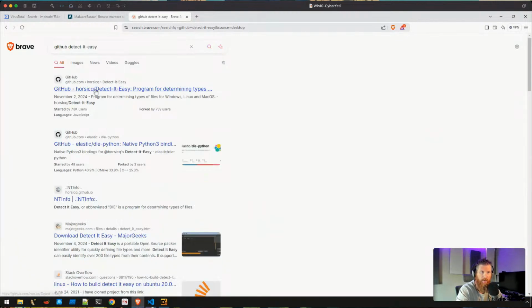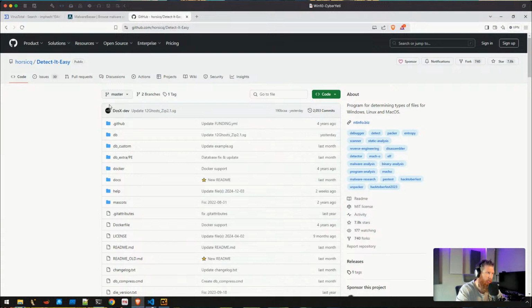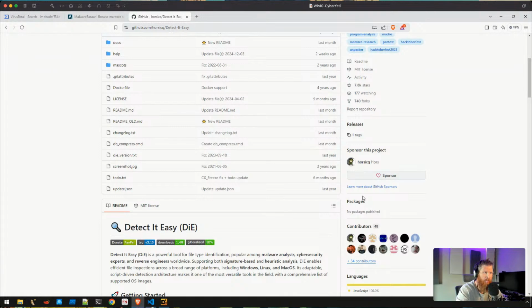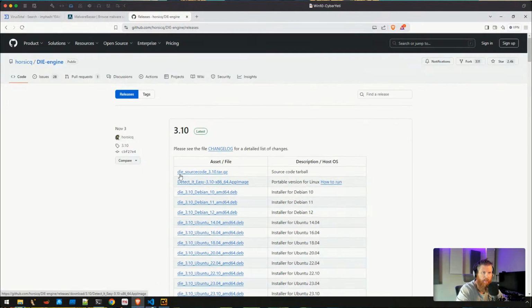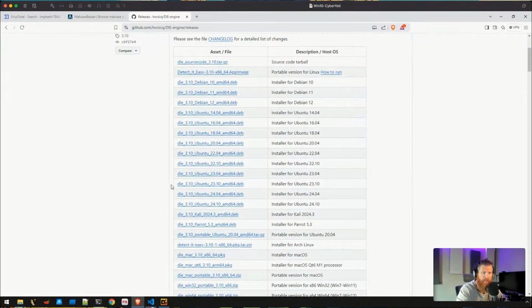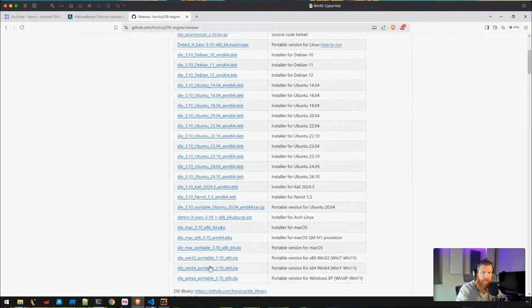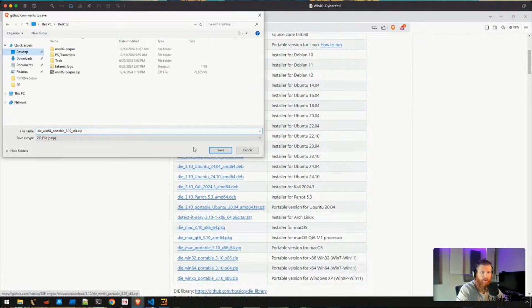I think it's installed through Choco, so there's probably a way to upgrade it through Choco, but here we go. 3.10, I'm on 3.09, so there's definitely an upgraded version here. Let's grab the 64-bit, and we'll just throw this on the desktop.